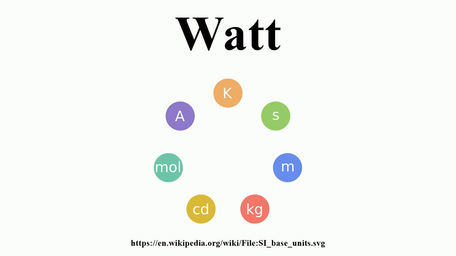The watt is a derived unit of power in the International System of Units, named after the Scottish engineer James Watt. The unit is defined as joule per second and can be used to express the rate of energy conversion or transfer with respect to time. It has dimensions of